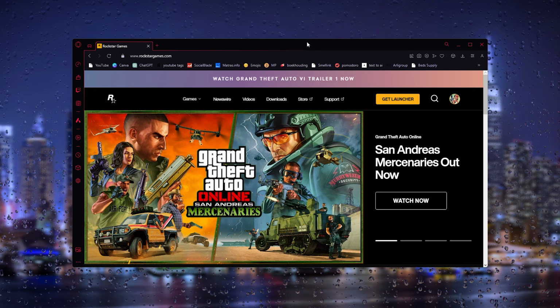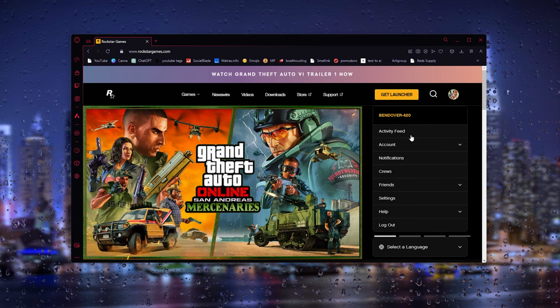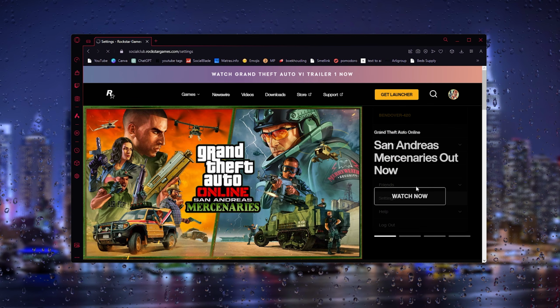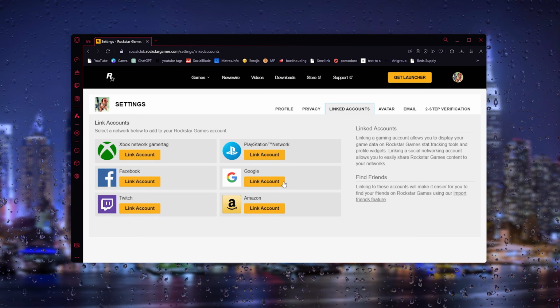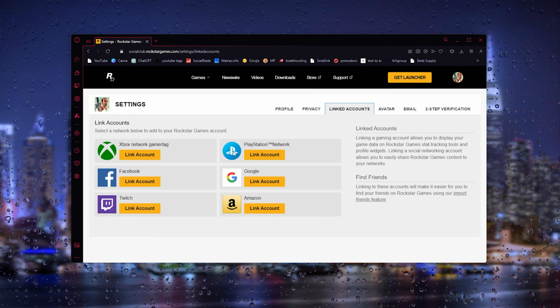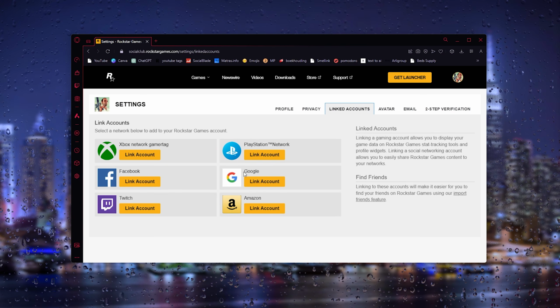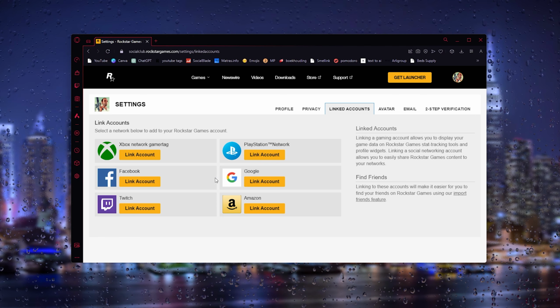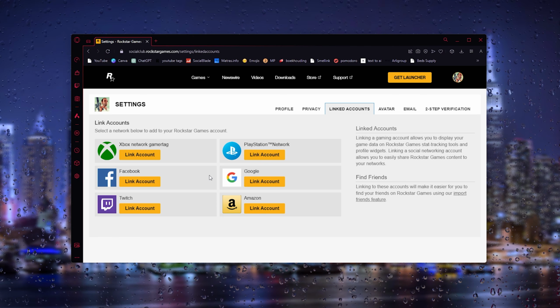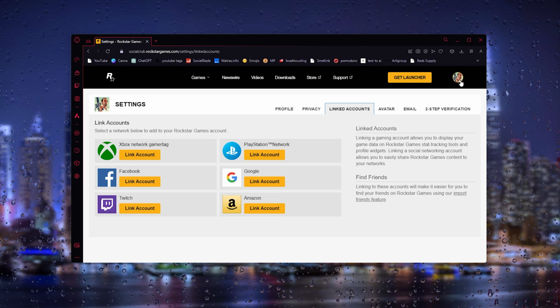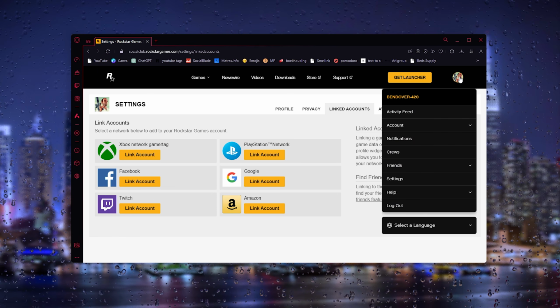Now the first thing that you would try is go down to your settings and open up the linked accounts, and as you can see there is no Social Club to Epic Games account, and from here you can't actually link it. But what you can do is simply go to the top right where the avatar icon appears,